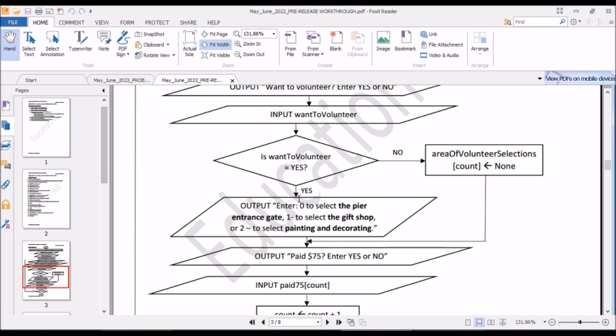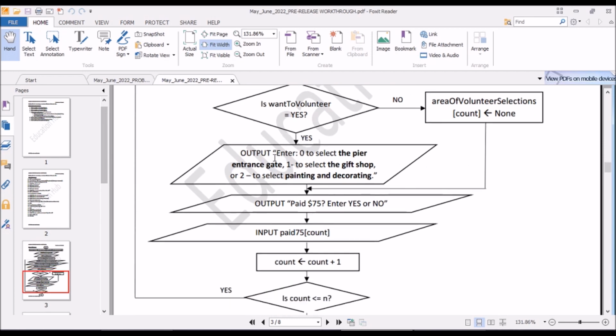Then this is the yes channel. If it is no, they should be executed. What should be executed is that the area of volunteer selections should be given the value of none, just like we did in our pseudocode. Okay, now if it is yes,